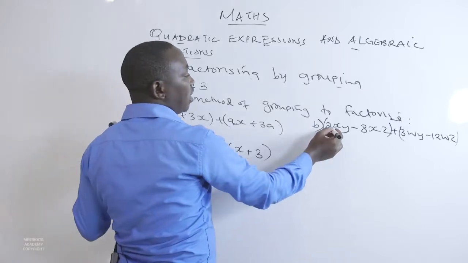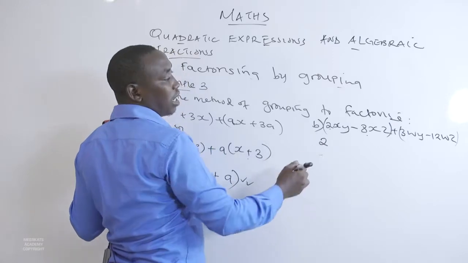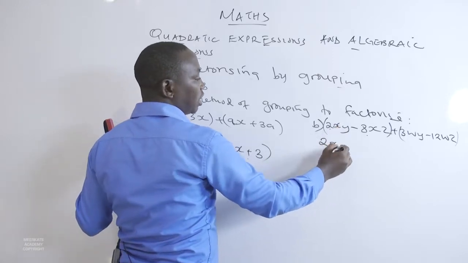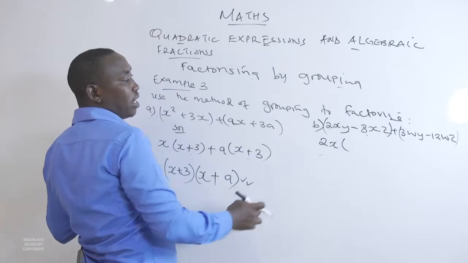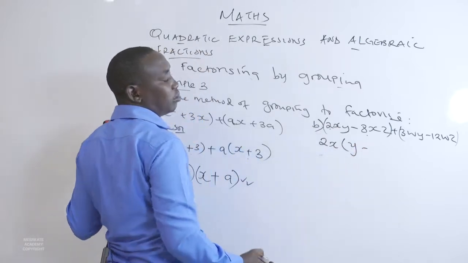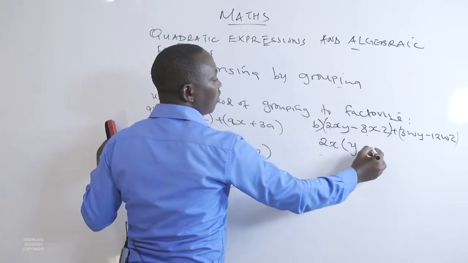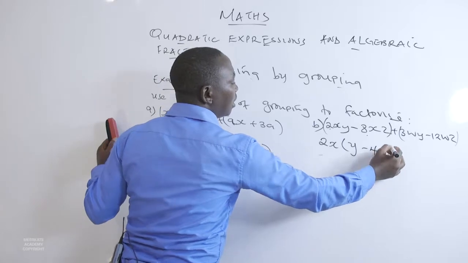You can see that between 2 and 8, 2 is going to be common, multiplied by another common, which is x. Now 2x goes into 2xy, y times, subtract 2x goes into 8xz, 4z times,